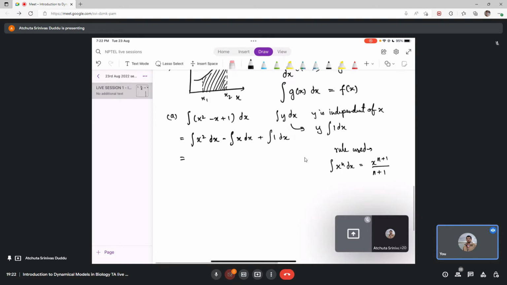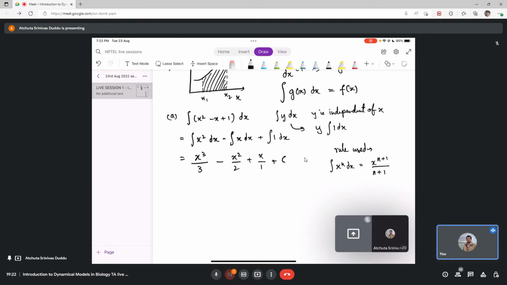So coming to the first integral x square dx, that would be x cube by 3, minus x square by 2, plus x by 1